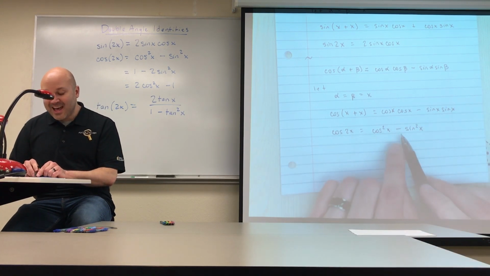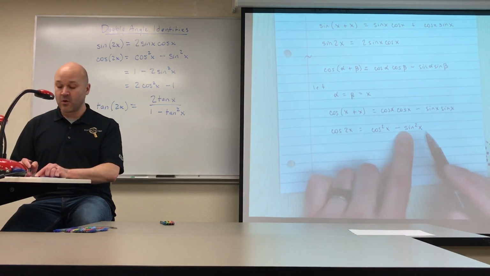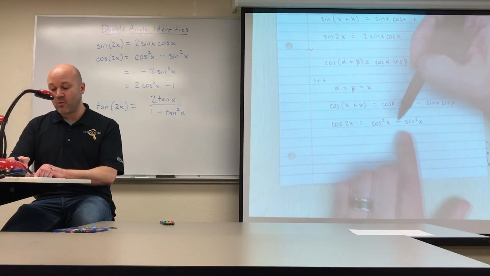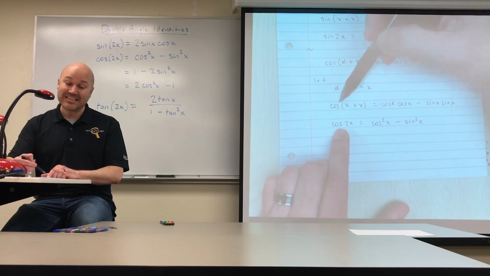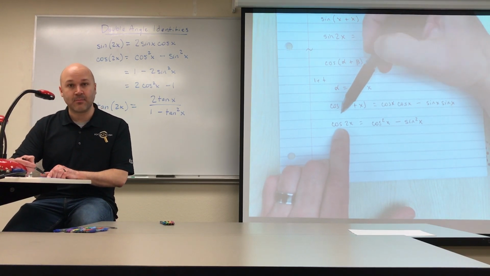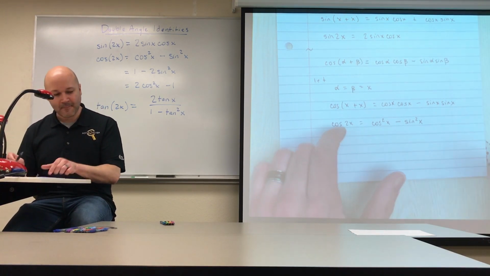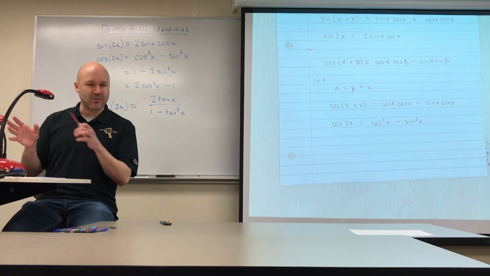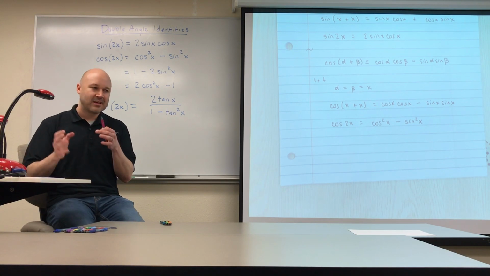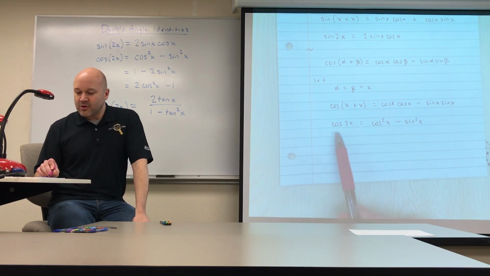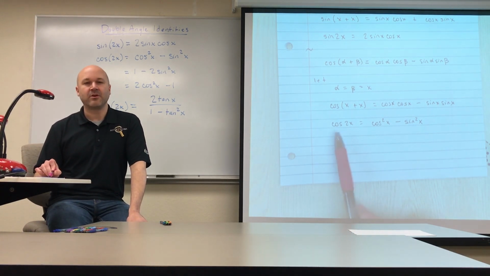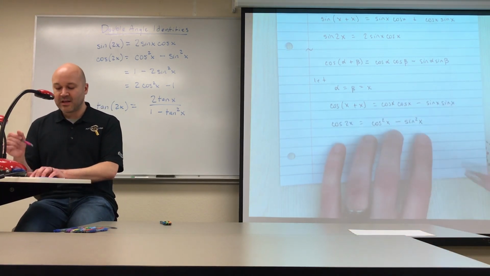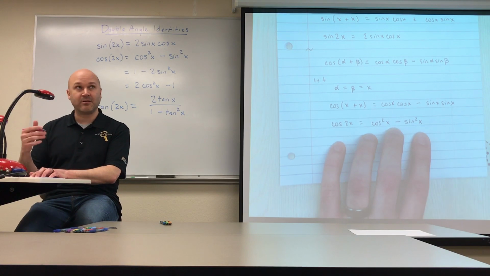If I were to add cosine squared and sine squared, we know that would sum to 1. But if I take sine squared away from cosine squared, that's equivalent to the cosine double angle. Now, this pops up a lot in problems that we're about to do, in verifications and in evaluating. In fact, there are 3 variations of the cosine double angle. So if you can just memorize this one, that's great, as long as you then know how to derive the